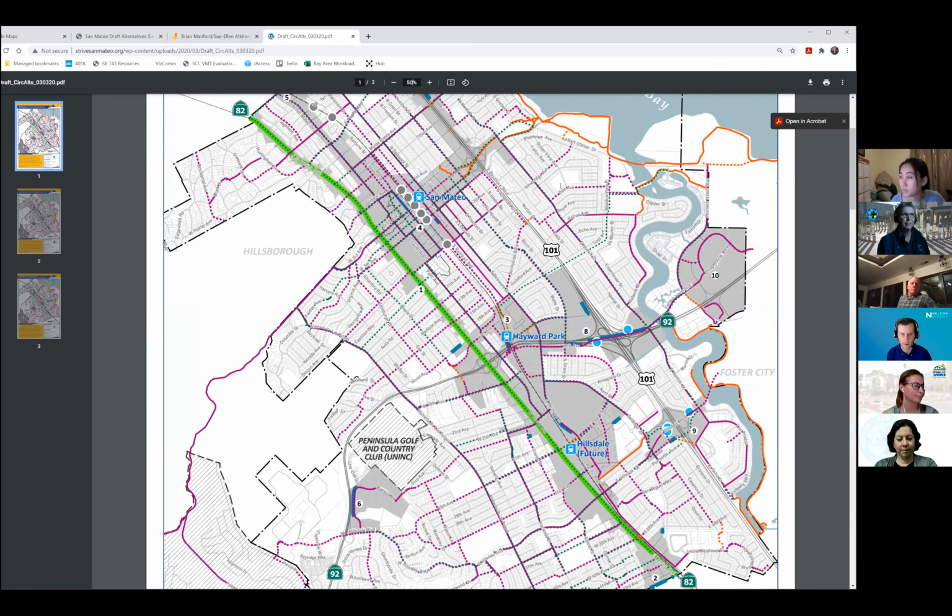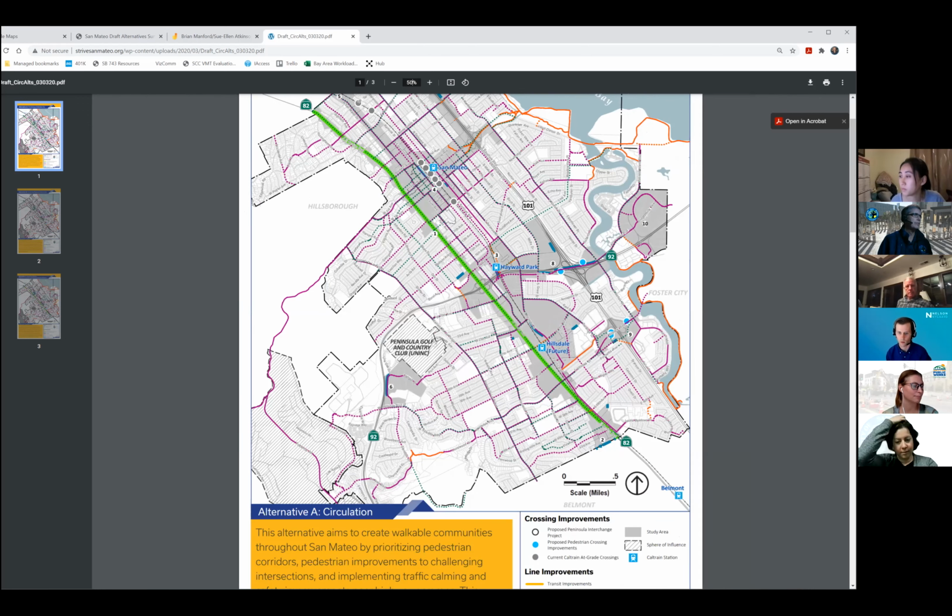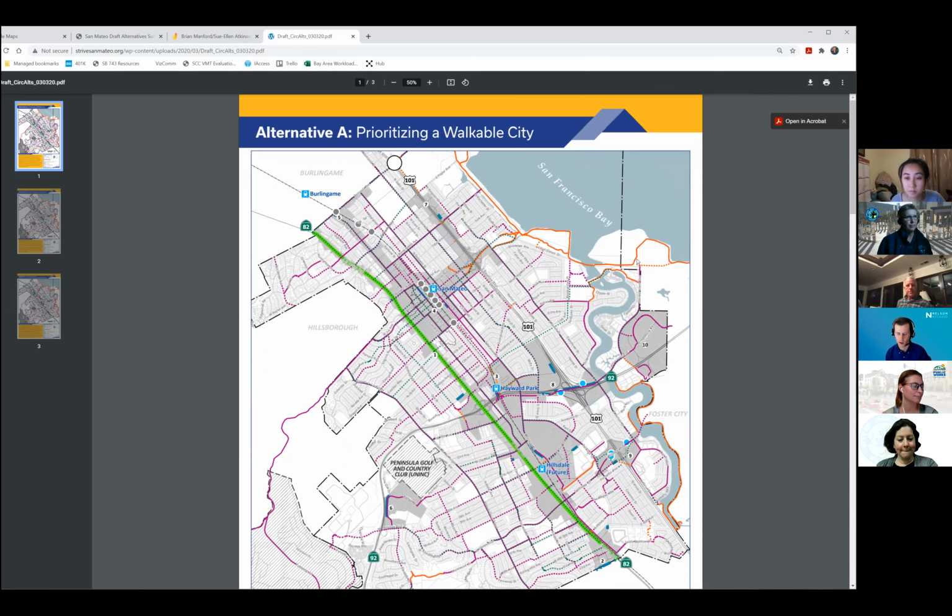Oops, I'm going the wrong direction. So I'll orient you to this map and talk through all the different lines you're seeing. So the first alternative is prioritizing a walkable city and trying to think of enhancements to make it easier to walk, especially connecting to and from the study areas. If it's a solid line and thin, like these orange lines and purple lines, the orange is existing trail. So that's a bike walk, multimodal trail. And the purple line is a bikeway. That can mean any type of bikeway. So the dotted lines are mostly from the adopted bike master plan. So some trail improvements to connect more of San Mateo to the trail, some bike improvements throughout the city, and